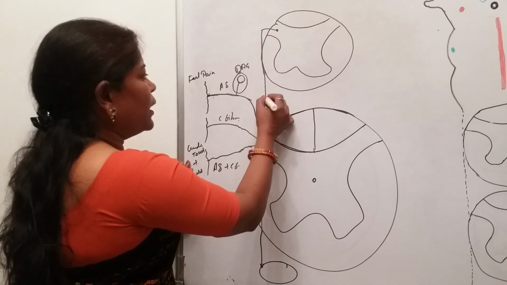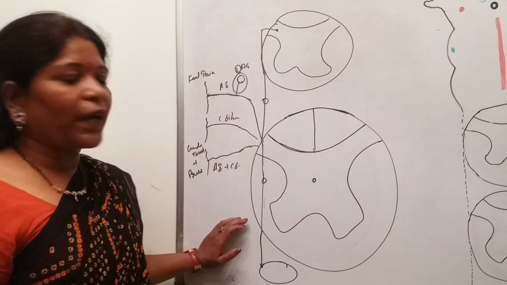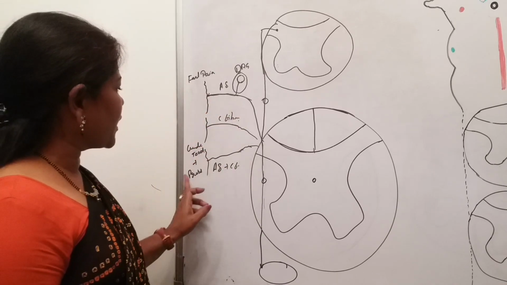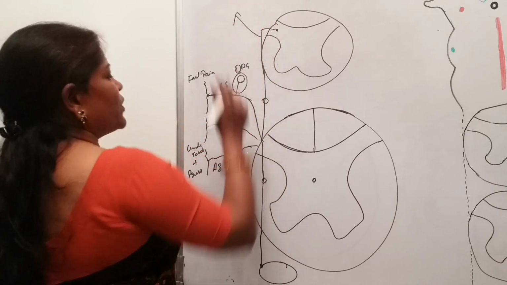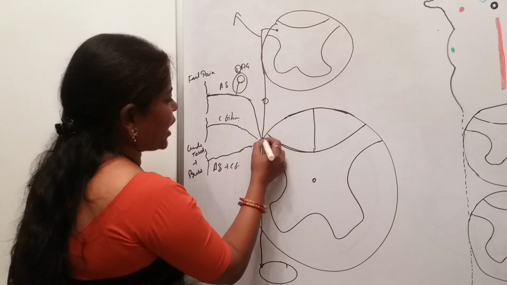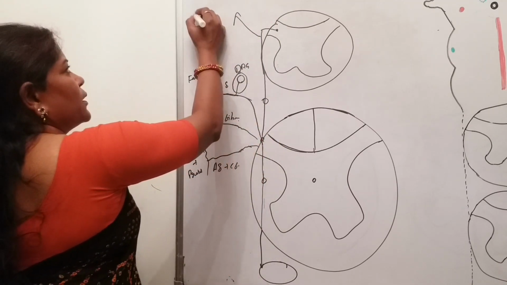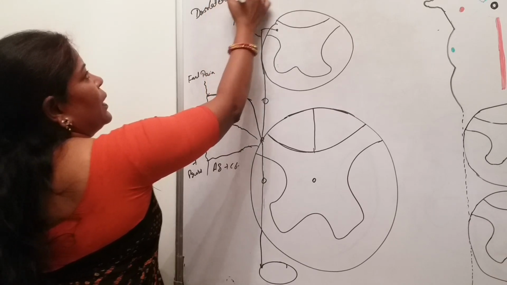So a local tract arrangement is made by the fibers bringing the fast pain, the slow pain, the crude touch and pressure, and this tract which is formed behind the apex of the dorsal gray horn is known as the dorsolateral tract of Lissauer.